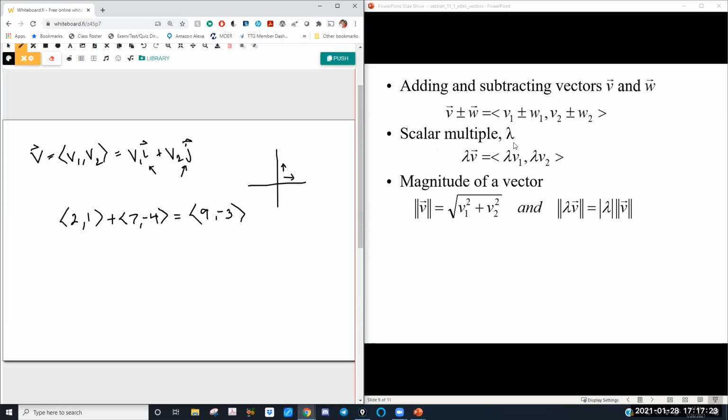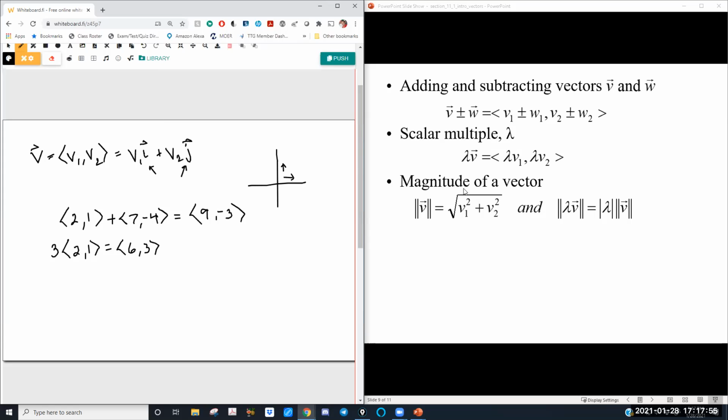This guy here, we're going to see this Greek letter show up a lot. This is lambda, L-A-M-B-D-A. This is the Greek letter for lowercase l. It gets used a lot in math, and it's being used here to represent a scalar. So basically that means if I have some scalar times my vector, I can distribute it just like I would over a set of parentheses. This would be the vector 6, 3. That's all that's saying.